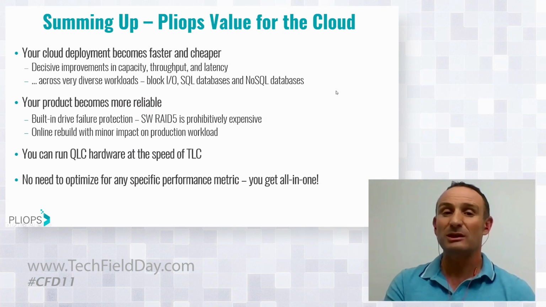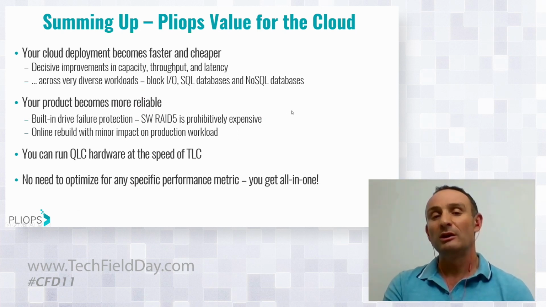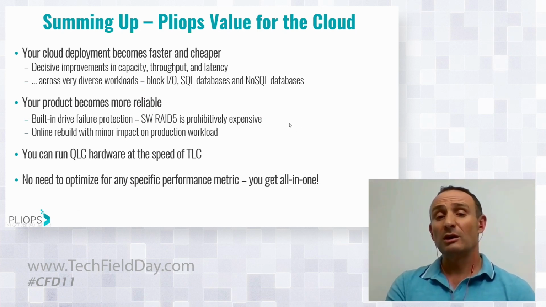Your cloud deployment becomes faster and cheaper because with Pliops you can get decisive improvements in capacity, throughput, and latency. We've seen these gains across very diverse block workloads, block I/O, SQL, and NoSQL databases. The product becomes more reliable thanks to the built-in protection in our card. So where software RAID 5 is prohibitively expensive, we pretty seamlessly replace it in hardware, so the users get it